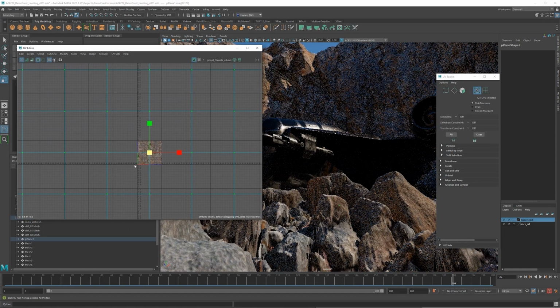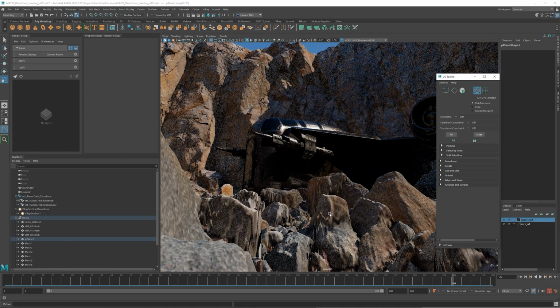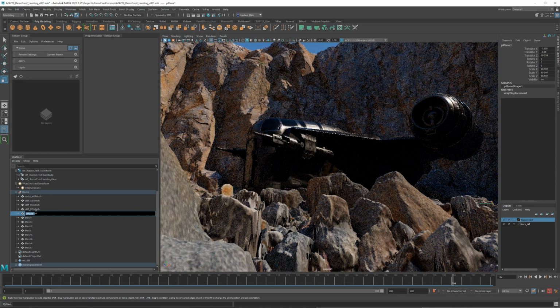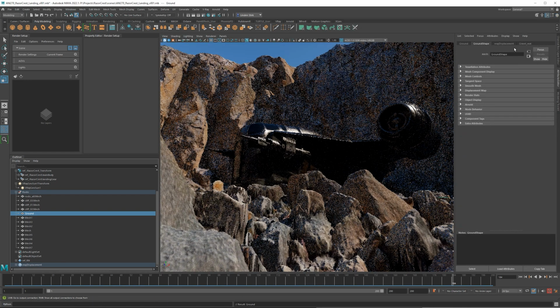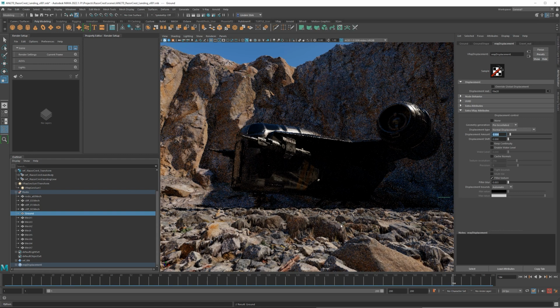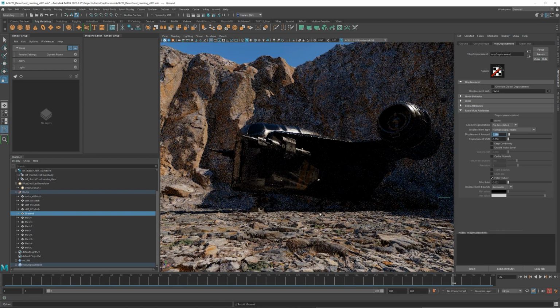But I'm kind of committed now. I don't want to go back and redo all of that just for the sake of making that a little bit more tidy. So on this plane again, we can actually just call this ground. And then on the attribute editor, V-Ray displacement, let's lower that displacement down by half. You can see what that looks like, maybe by another half, something more like that. That's more reasonable. I think that's going to look better.